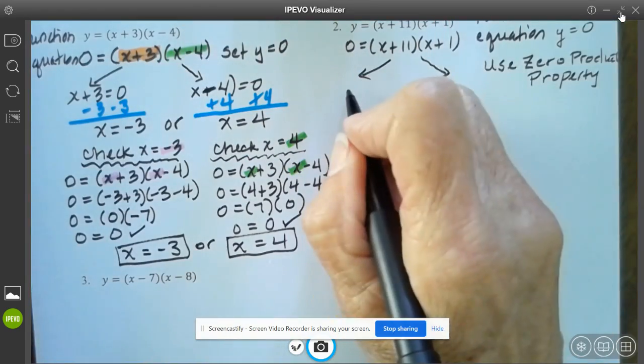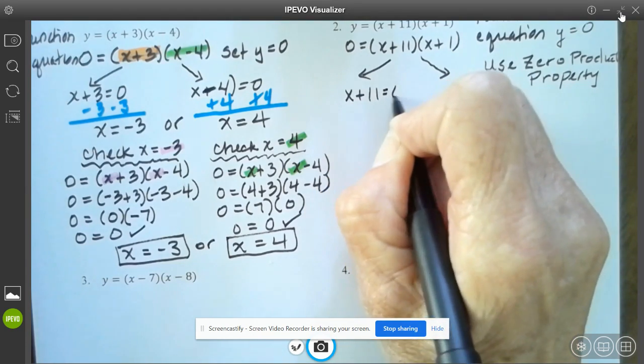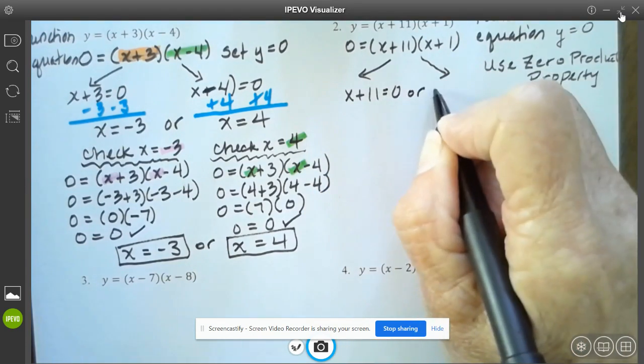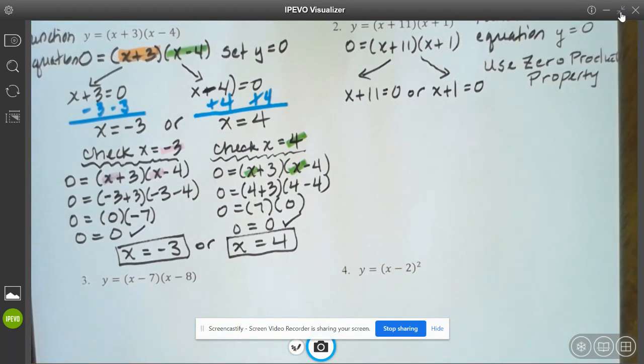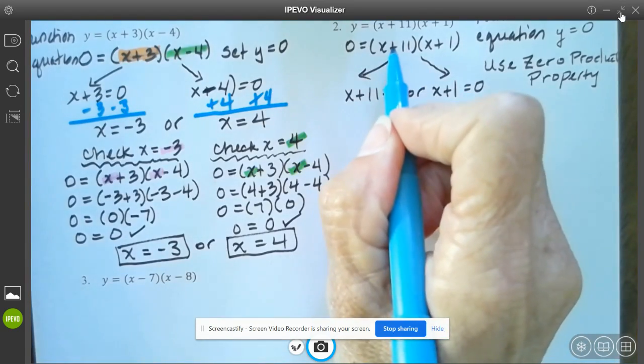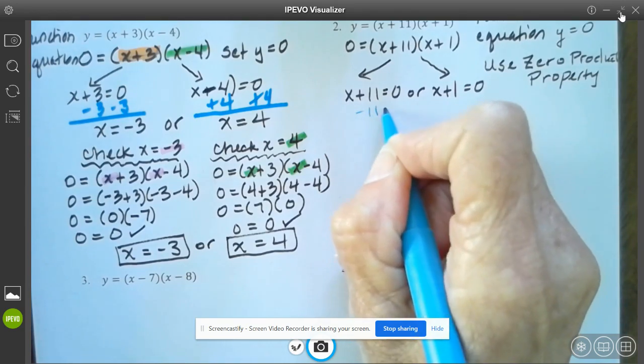Anyway, let's go on. Either x plus 11 has to equal 0 or x plus 1 equals 0. Those are our only two options, and we will have two values. We're trying to figure out what is the x value that would make the first binomial evaluate to 0 or the second. So in this case, you're going to subtract 11,